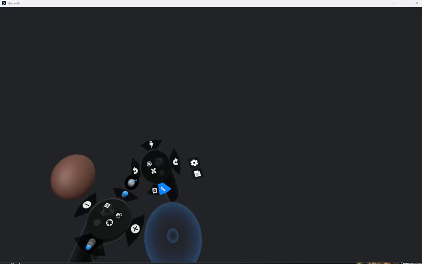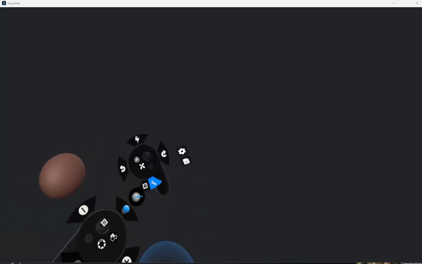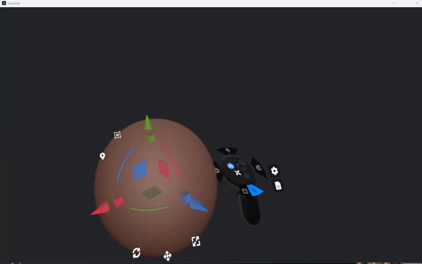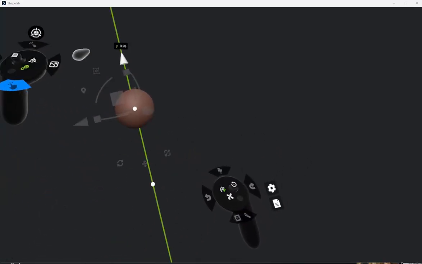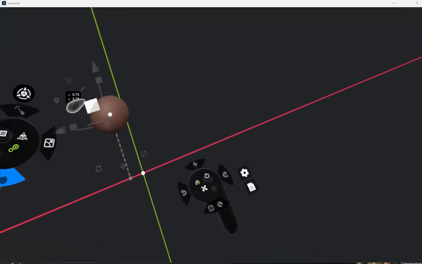So it's accessed here on the top button of the secondary controller. You can see the little icon, and the great thing is it can be invoked in both scene mode and sculpt mode. So you can see here I'm still in sculpt mode, and then we have our 3D Gizmo,